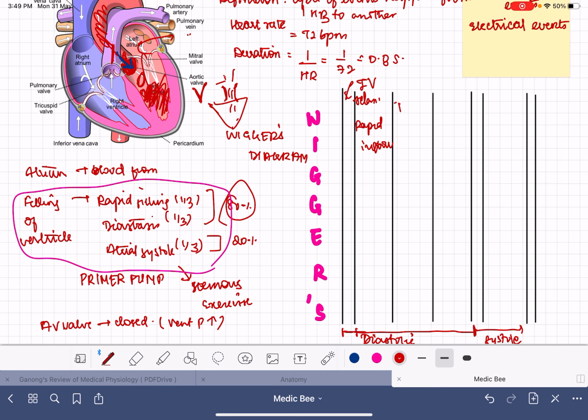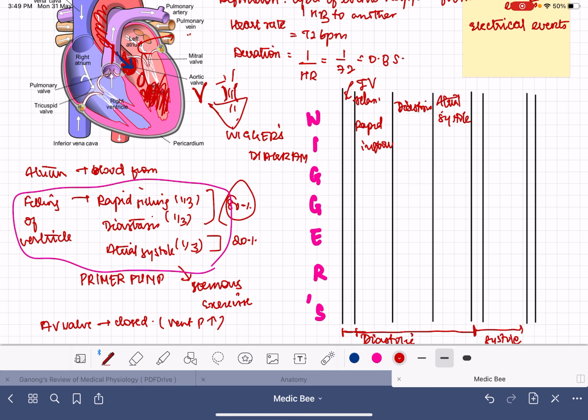And the second phase is the diastasis. This is when the blood, without getting stored or accumulated in the atrium, falls directly into the ventricle. And the last stage of the diastole is the atrial systole, when the atria contract and pump the remaining 20% of the blood towards the ventricle. After that is the systolic period of the ventricles, because the ventricles contract as there is blood accumulated in them.